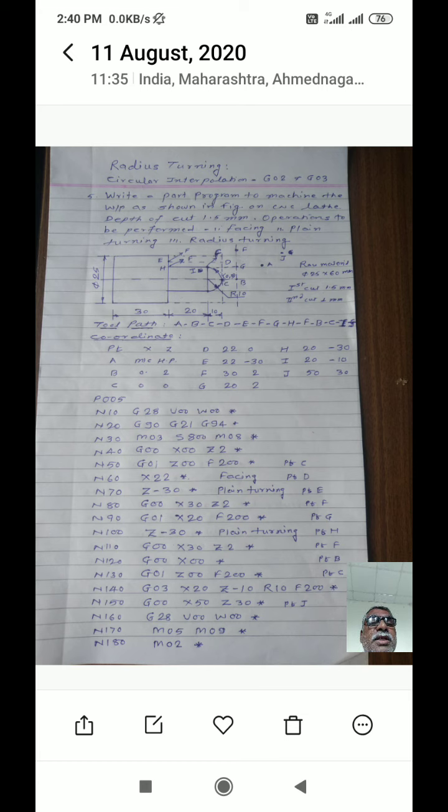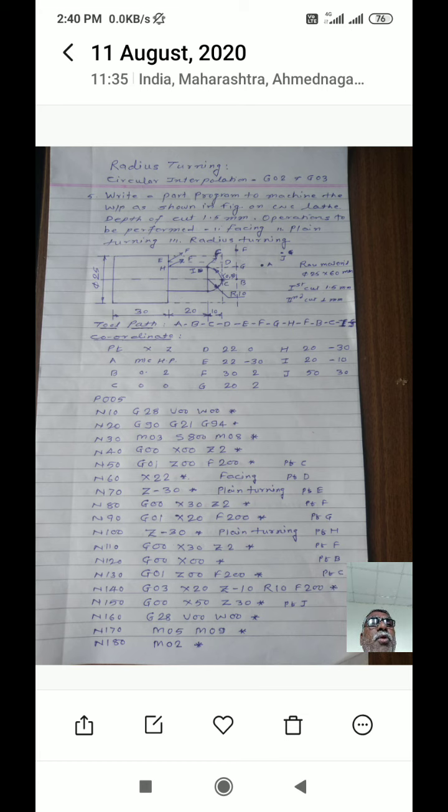Then to perform the second cut, you have to move the tool along the X axis by using the linear interpolation function, that is block number N90 G01 X20 F200. Because when this block is read, your tool will move to point G, that is it is just X coordinate having 20, Z remains same, Z2. The tool will move along the X axis. Okay. The next block,